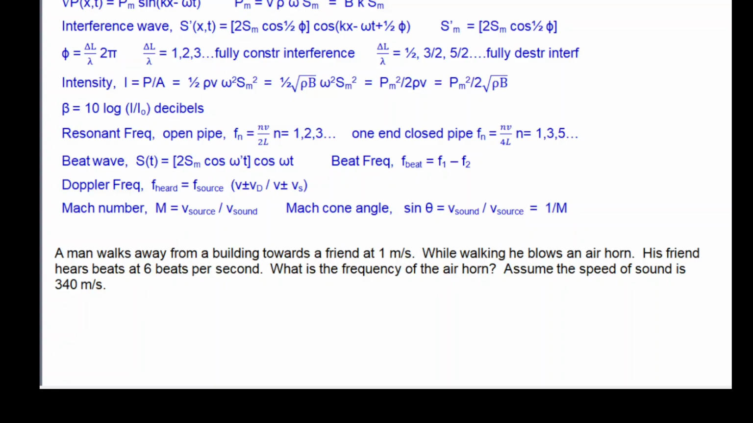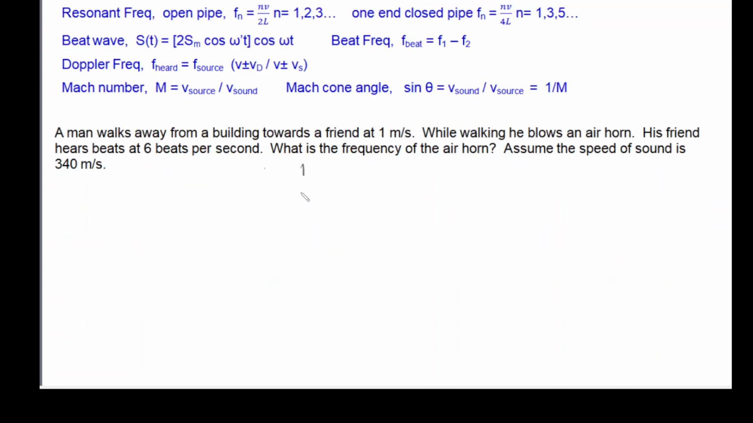Our next problem is a man walks away from a building towards a friend at 1 meter per second. While walking, he blows an air horn. His friend hears beats at 6 beats per second. What is the frequency of the air horn? Assume the speed of sound is 340 meters per second. So what we're talking about here is